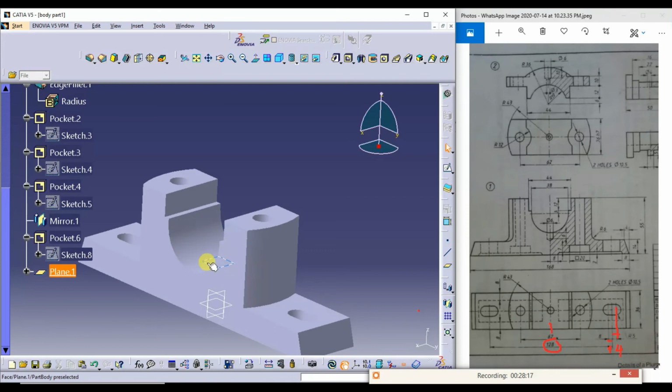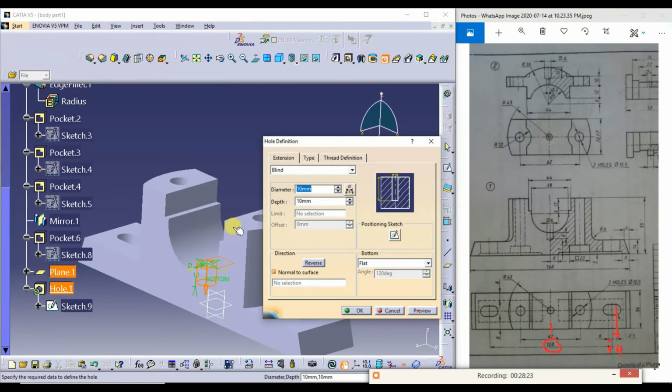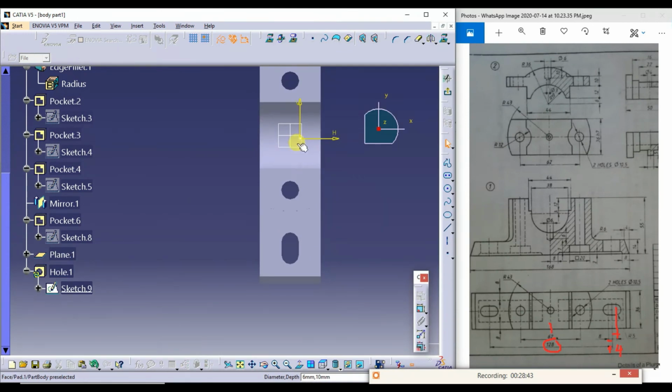I'll select this plane. I'll go for the hole command. A blind hole, of diameter how much? 6 mm diameter. First choose the position of the hole, exactly center.